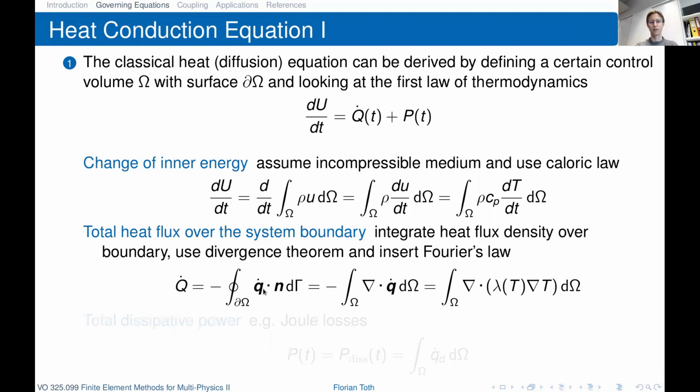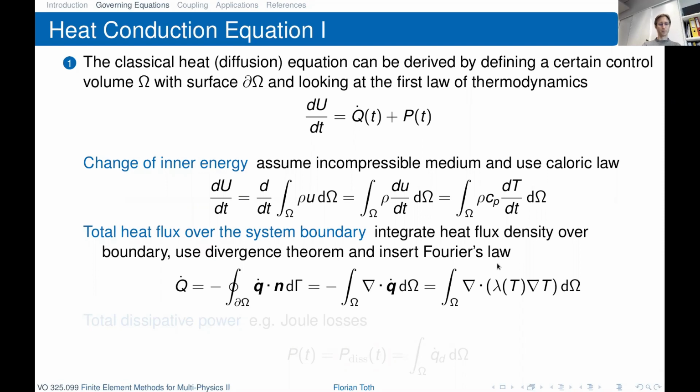So q dot is the heat flux density vector, and n is the normal direction of the boundary. And then here we can use the divergence theorem to transform the boundary integral into a volume integral by introducing the divergence. And finally, we can insert Fourier's law, which is valid in solid bodies, which we treat for